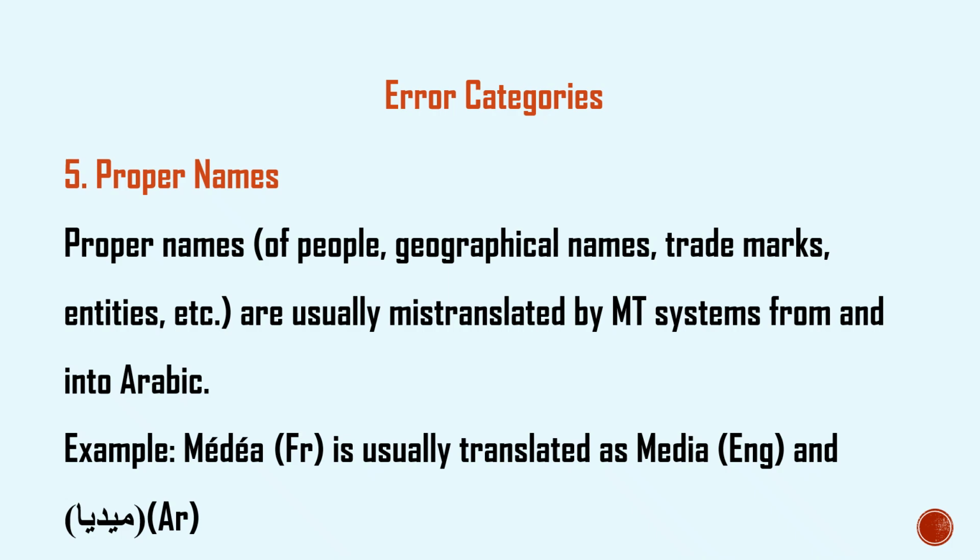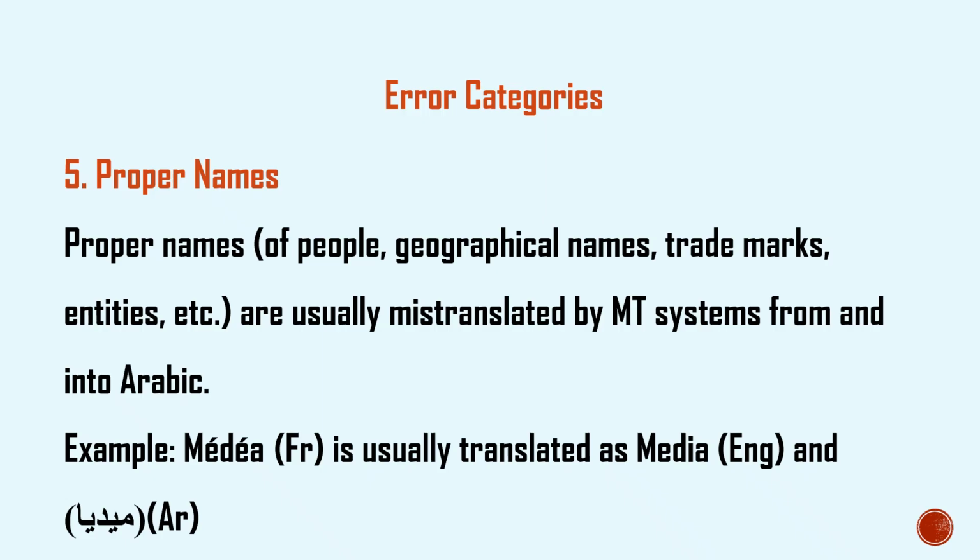This is why the name media, for example, becomes media in English and then media in Arabic. The machine translation system corrects the name into a more common word rather than keeping it as a place name. Such mistakes happen because machine translation focuses on surface similarity and frequency, not on meaning. One way to reduce these errors is pre-editing the source text, for example, by checking spelling, capitalizing names correctly, or even marking them clearly before running machine translation. These simple steps signal to the system that the word is a proper name, helping preserve the correct form and